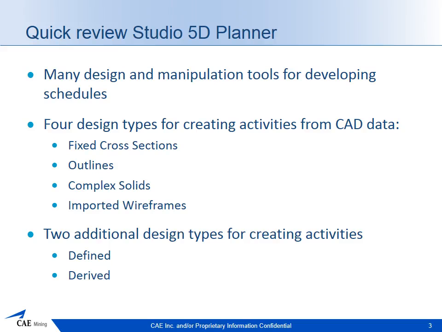So a brief reminder of what we can do in Studio5D Planner. There are many design tools to enable you to lay out development and different stoping activities, and manipulation tools for turning your designs into scheduling activities. There are four main design types for creating activities from designs data or CAD data, and those are the fixed cross sections where we apply a shape to a centerline string, the outlines where we project a closed shape a set distance to create solids, complex solids where you can join groups of strings together to create your own solids,